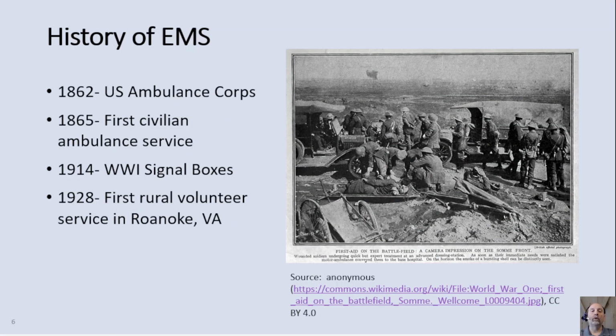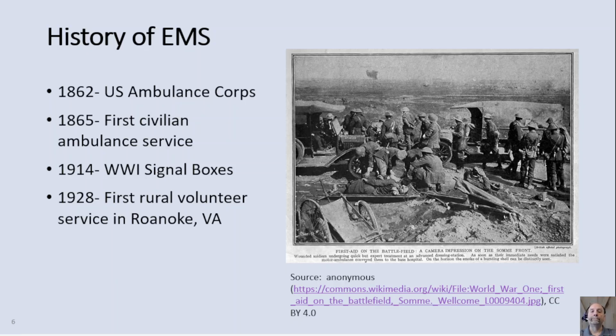During the American Civil War, Major Jonathan Letterman established the U.S. Ambulance Corps within the Army of the Potomac. Ambulances were stationed close to the front line to respond to reports of wounded soldiers regardless of which side of the conflict they served. The injured soldiers were triaged by the severity of their injury and transported to appropriate levels